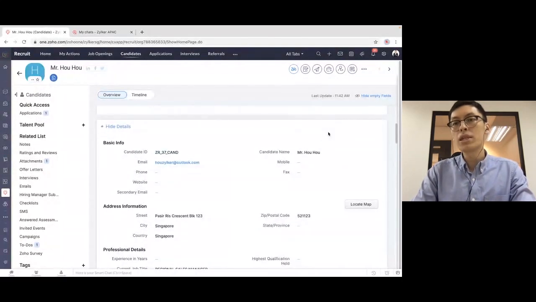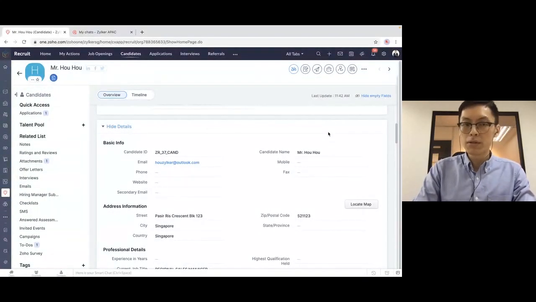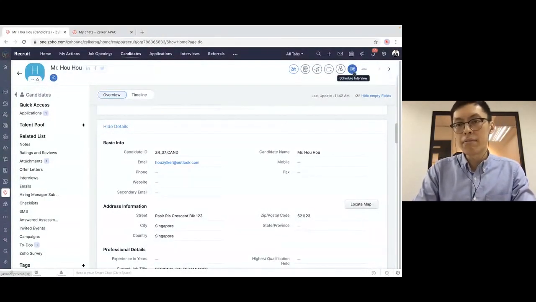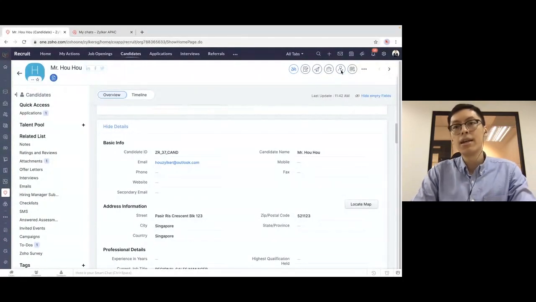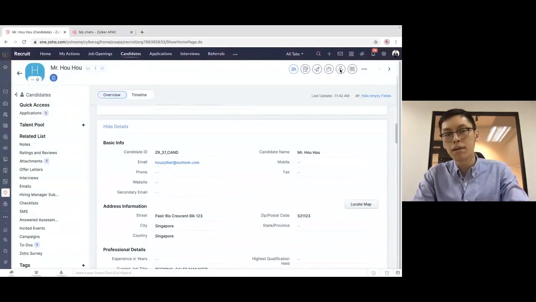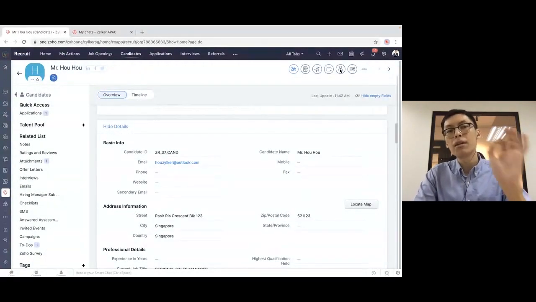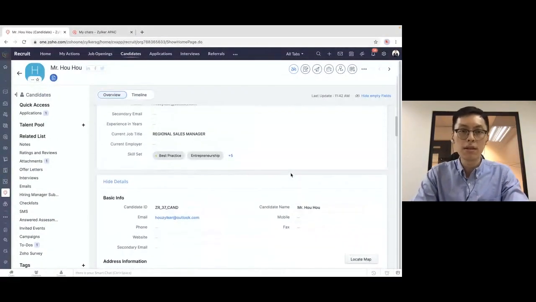Pretty standard. But what we can do is, if you are a recruiter manager, you probably want to evaluate this and notify the hiring manager. That can be done by this little icon over here. You can submit this to a hiring manager, pick a template for that email, hit him up. He should be able to get notified. But because in this case, Nicholas is the hiring manager himself, after looking through this,